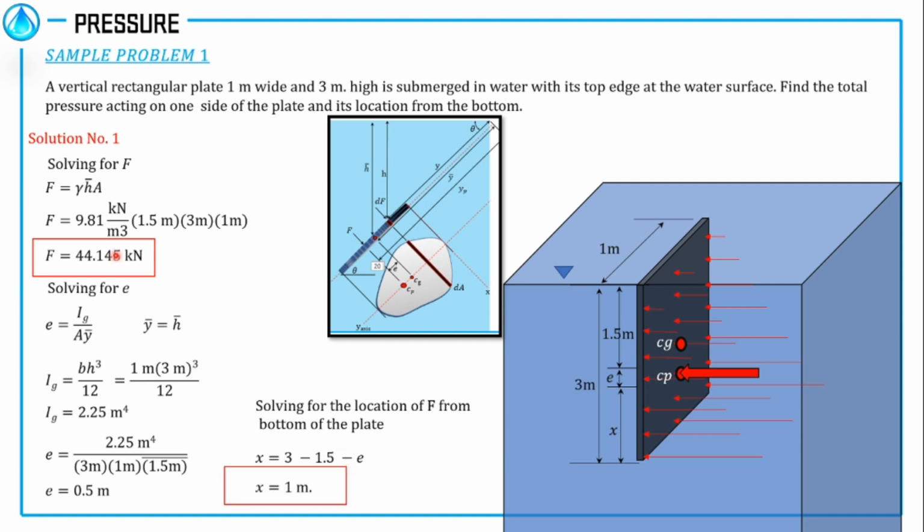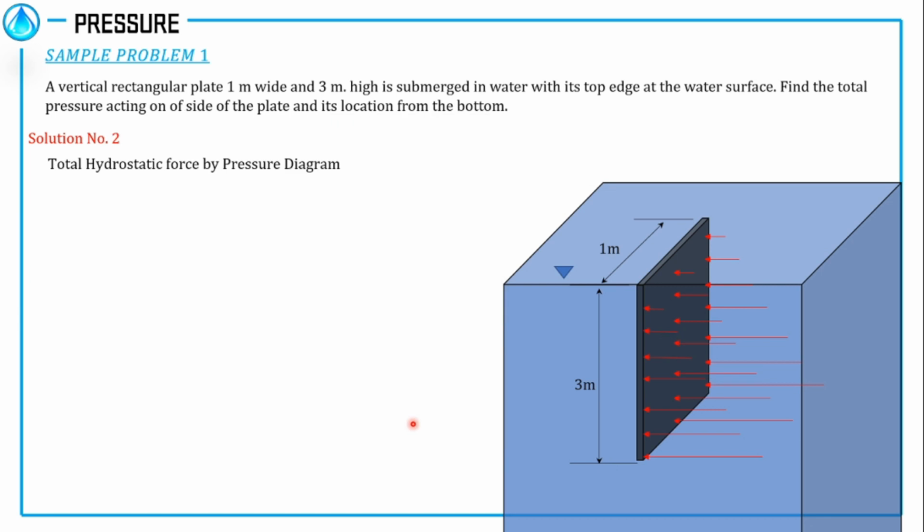We can also solve these values using a different approach, such as drawing its pressure diagram. As long as we know how to draw its pressure diagram, we can calculate the total hydrostatic force acting on that surface. In our case, the pressure acting on this surface is shaped like a triangular prism. If we get the volume of this triangular prism, that is equivalent to the total hydrostatic force acting on that surface. To do that, we need the magnitude at this point, which is equivalent to the magnitude of the pressure